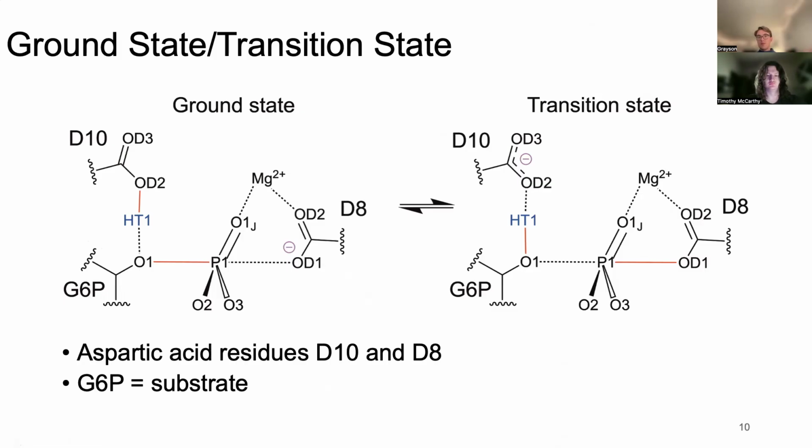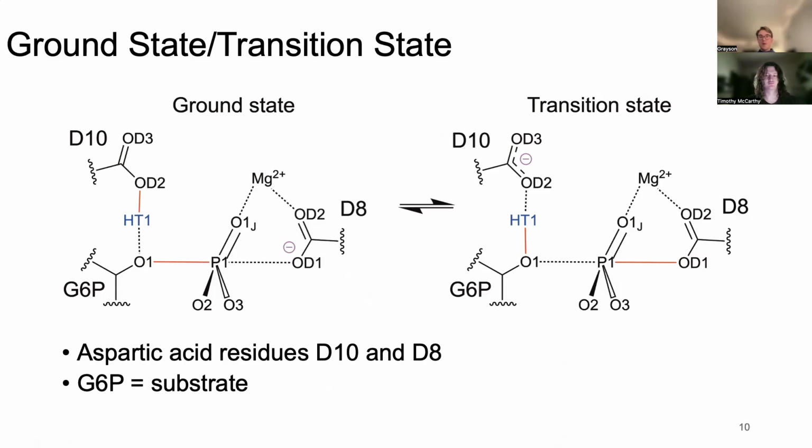So in this second step that is not shown here, this phosphate group is transferred back from aspartic acid 8 to the sugar at C1, generating the glucose 1-phosphate. Aspartic acid 10 is positioned to function as a general acid base and may serve as a second nucleophile in a 2-nucleophile mechanism, which was observed, but it was not recognized as the most efficient mechanism for the proton-driven phosphoryl transfer in